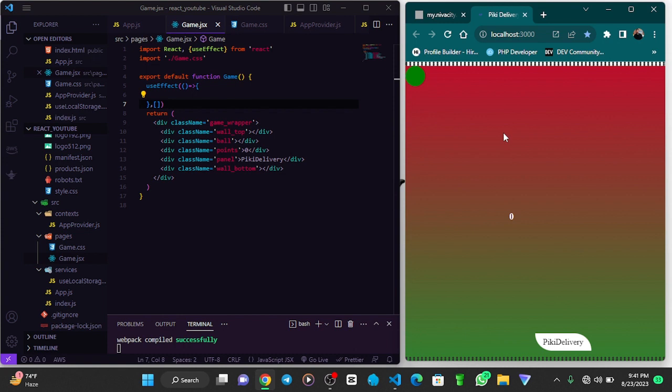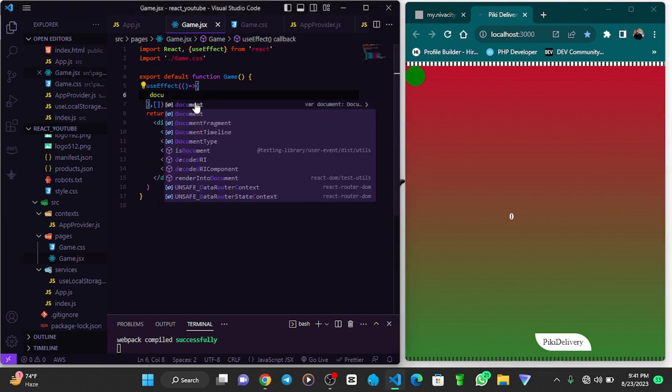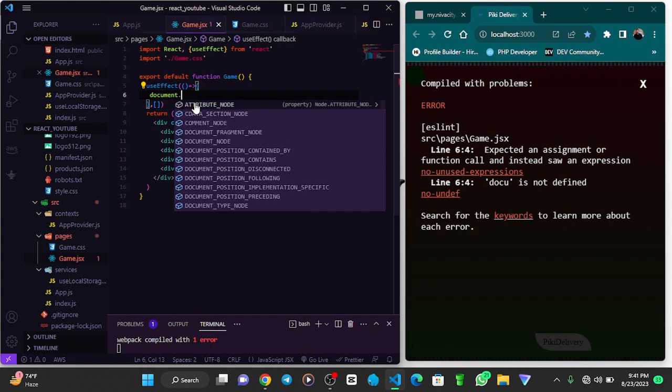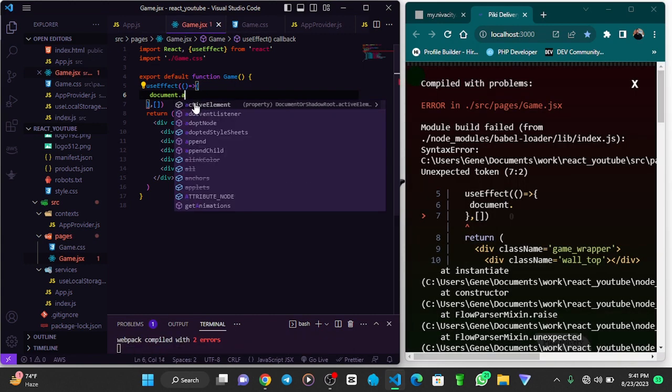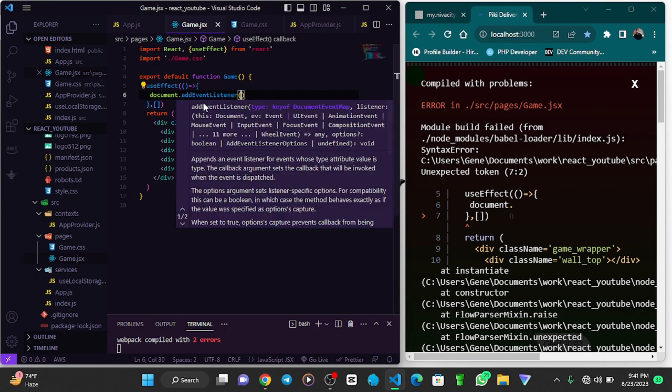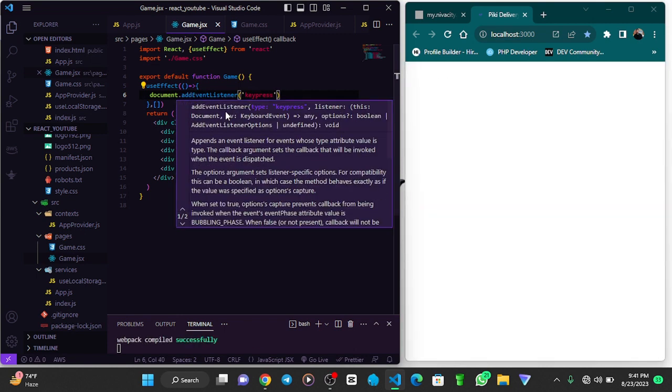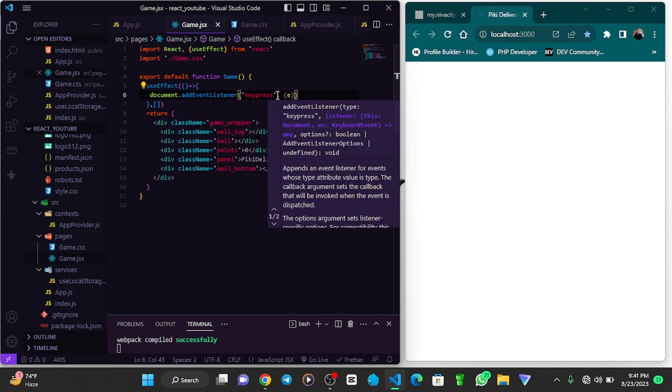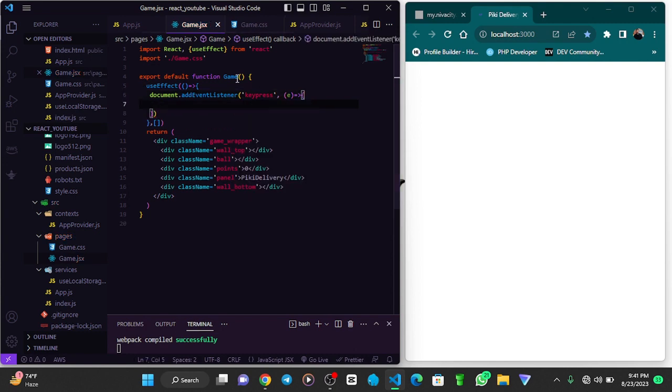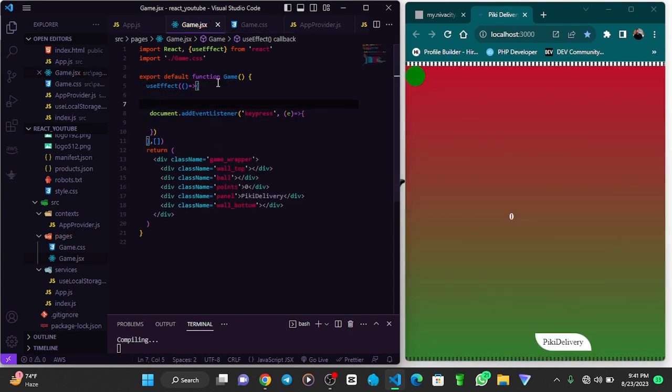So the keypress, we are going to get it from document.addEventListener keypress. Okay, then we check the event if it is a function, and for making some effects into our game engine, we're going to